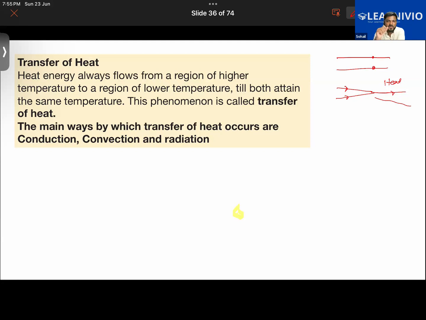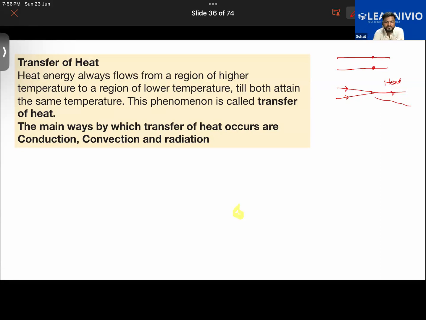If you were to touch the live wire, which is not covered with plastic, which does not have an insulation over it, then yes, we would be getting an electrical shock. By the way, our body is a good conductor of heat and it's a good conductor of electricity also. Keep that in mind.